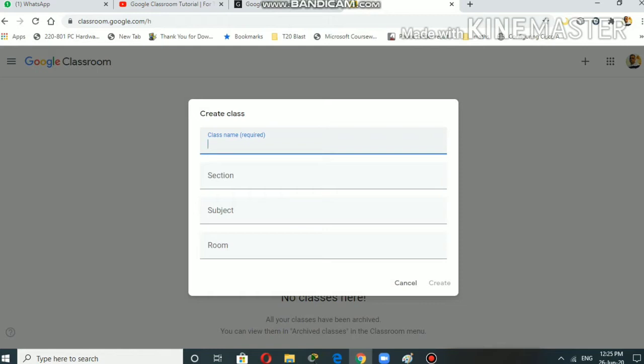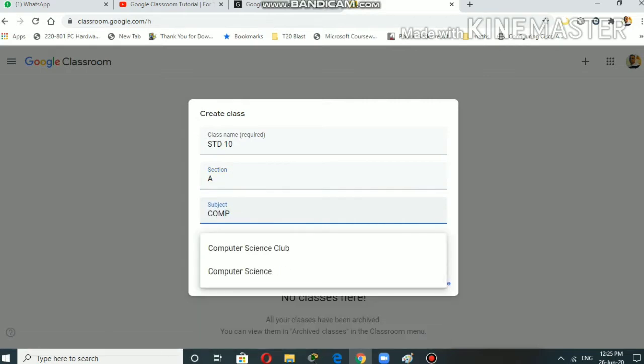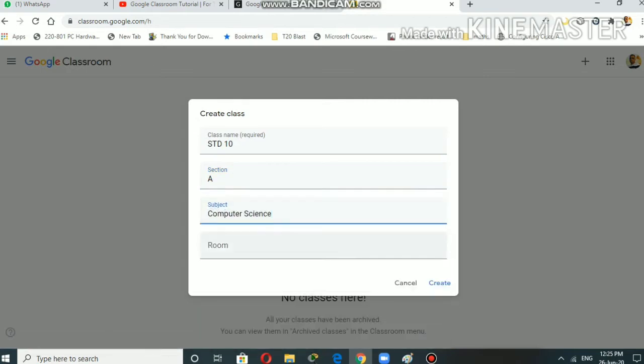Here you will get the heading create class. The option you will get the class name. So here we will type the class name, suppose standard 10. Below you have to write on the section, suppose A, and the subject computer, and below you have to write the room number.